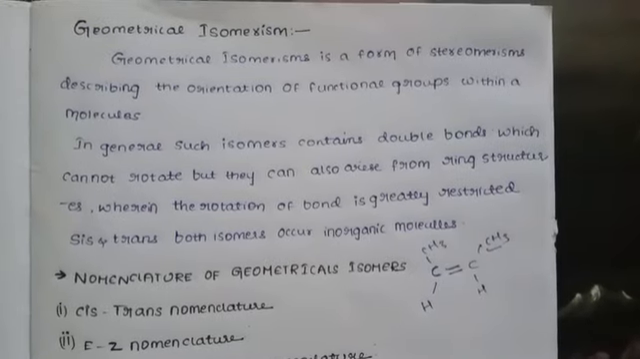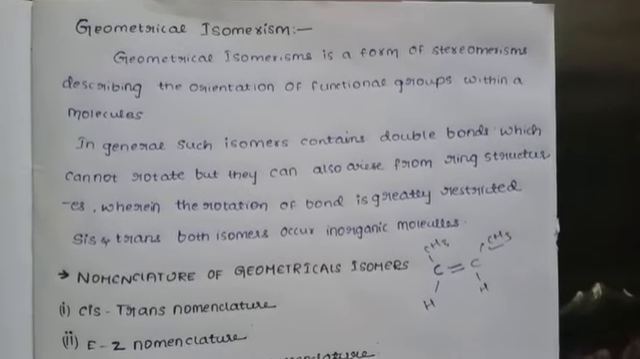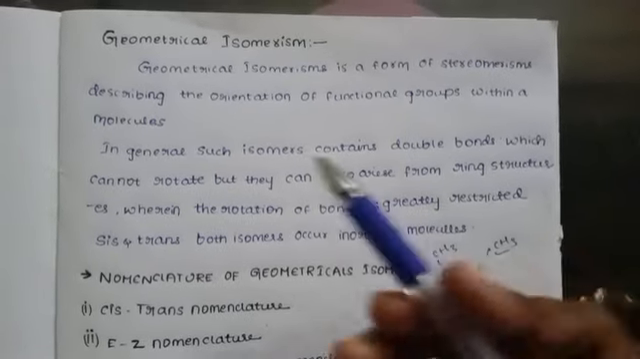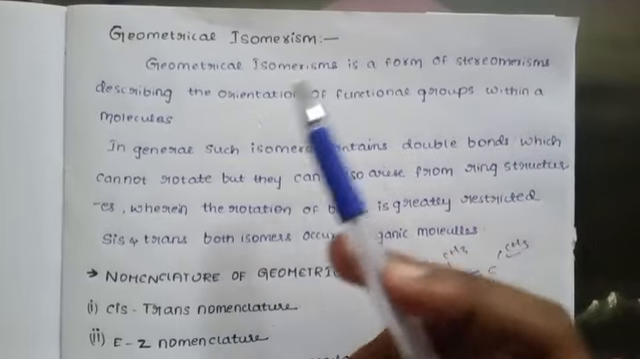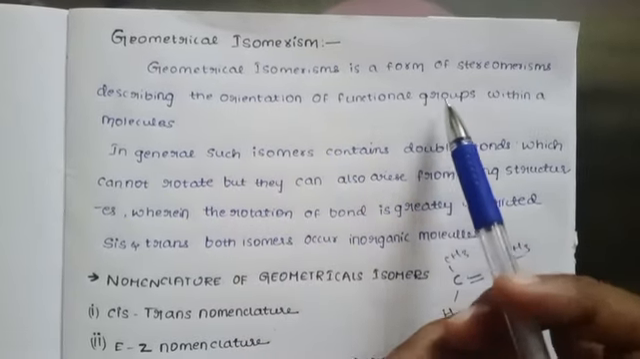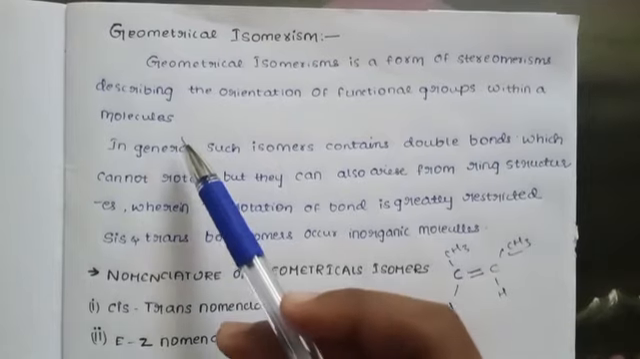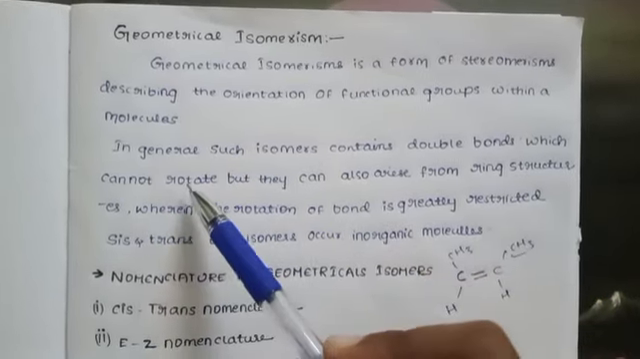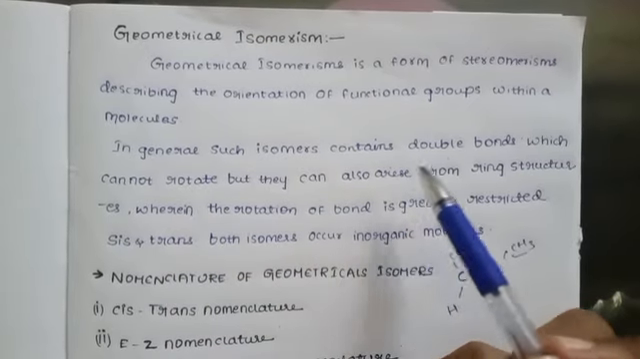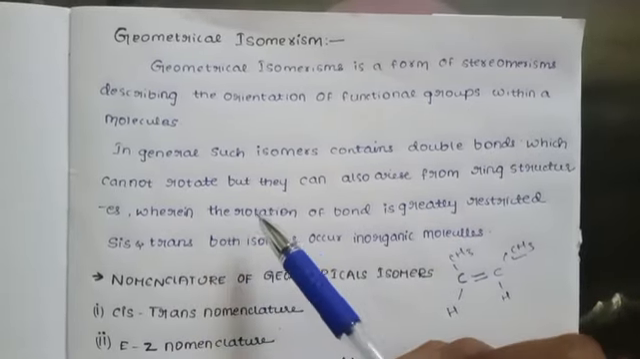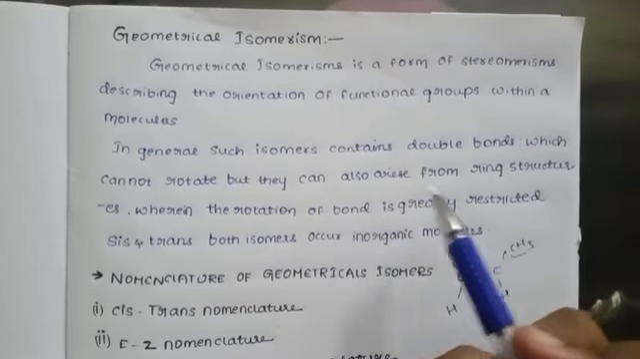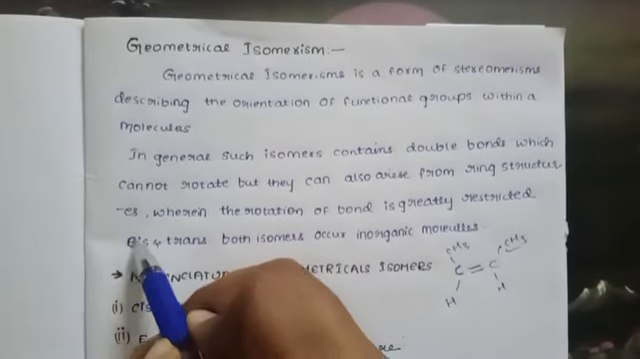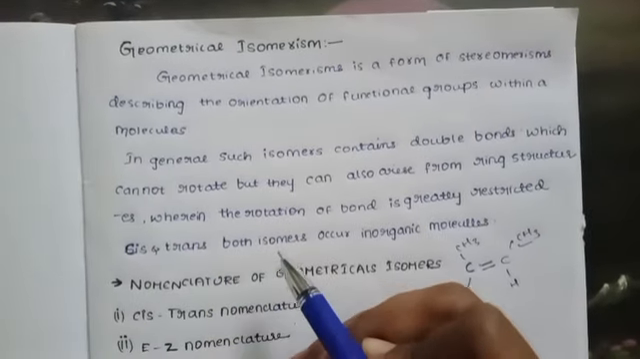So hello all. In this video the topic is geometrical isomerism and especially the EZ nomenclature. Geometrical isomerism is a form of stereoisomerism describing the orientation of functional groups within a molecule. In general, such isomers contain a double bond which cannot rotate, but they can also arise from ring structures wherein the rotation of the bond is greatly restricted, and both cis and trans isomers occur